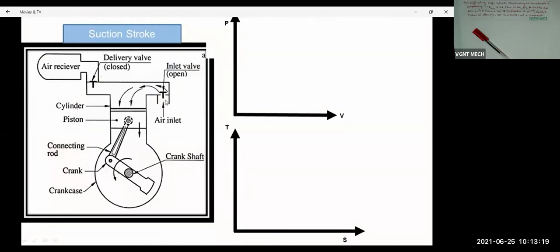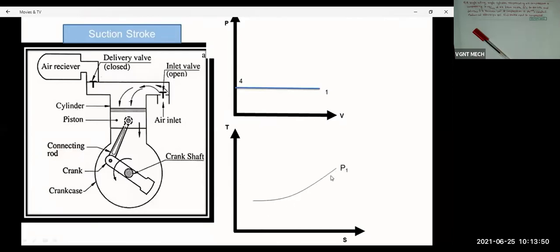So this suction process is an isobaric process. Isobaric means it is a constant pressure, and at the initial stage volume is 0. So if this point is starting something like here, that is a point number 4, this is a point number 4. So before the suction, the volume is 0. So this is a 0.4. And when the piston is moved from TDC to PDC, its volume is increased. And it's reached up to the point number 1. And P1 line on the TS diagram is drawn as a curve line.